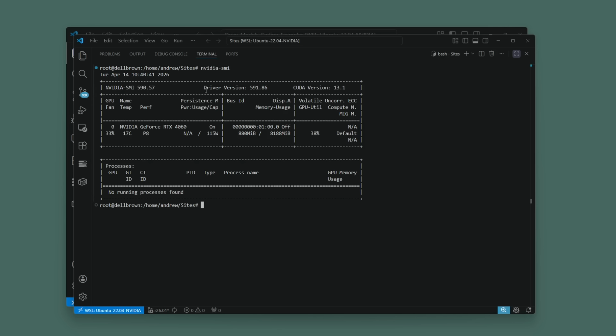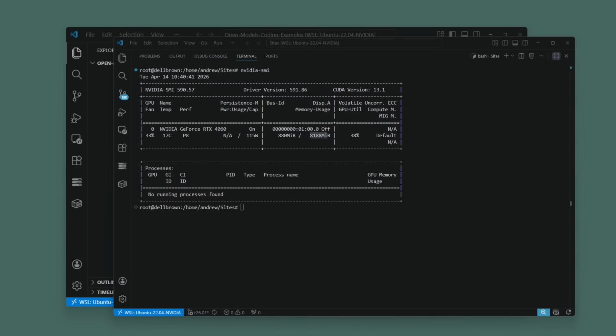But here we can see NVIDIA SMI, and I think that's the VRAM right there. So it's like 8 gigabytes. And then we can see its usage, the fan, additional information. And this tool is okay, but there's actually a better one called